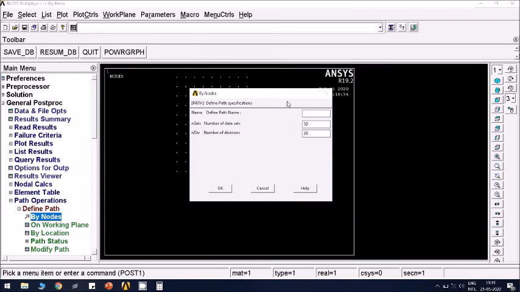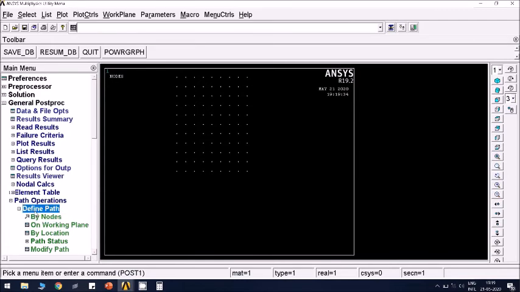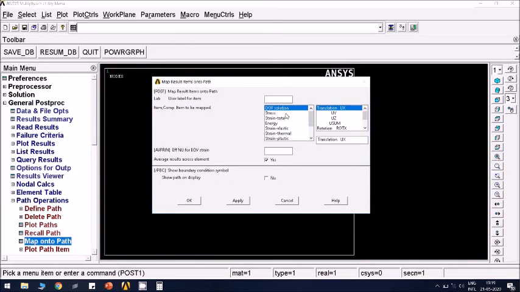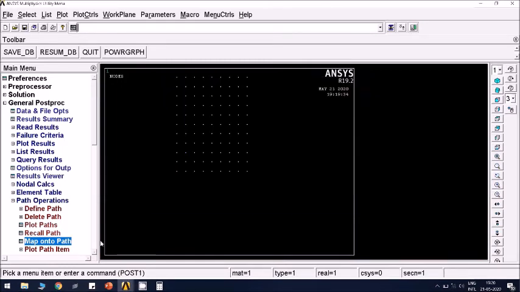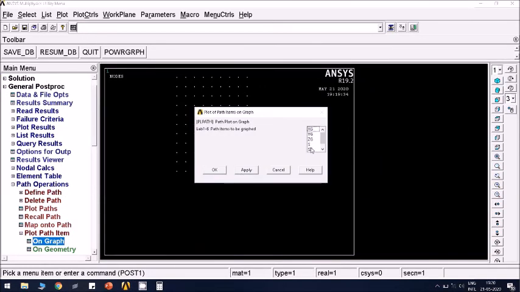Click OK, give some name, close this, go to map onto path, and on the Y axis I'll choose SX and SZ, not SY.